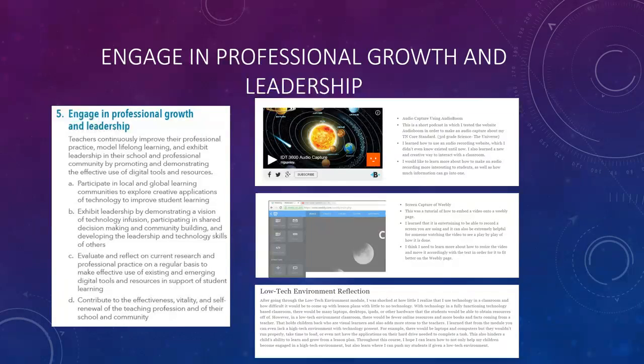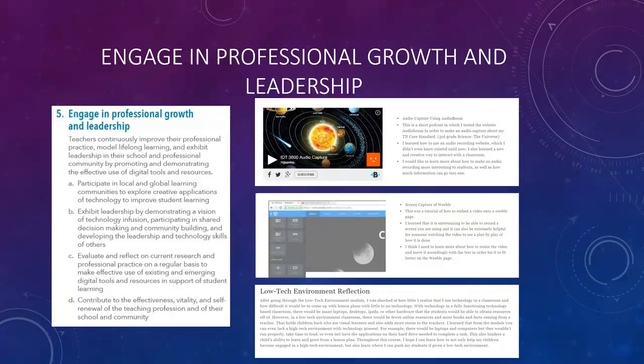Final one is to engage in professional growth and leadership. So teachers continuously improve their professional practice, model lifelong learning, and exhibit leadership in their school and professional community by promoting and demonstrating the effective use of digital tools and resources. They participate in local and global learning communities to explore creative applications of technology to improve student learning,